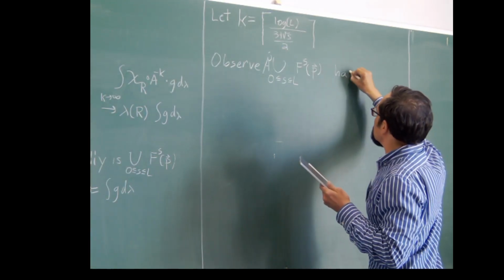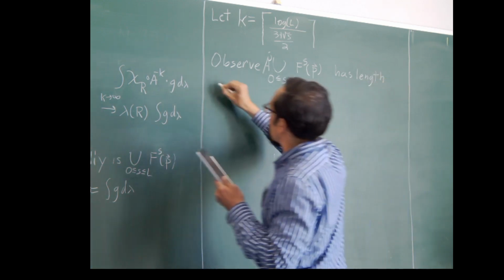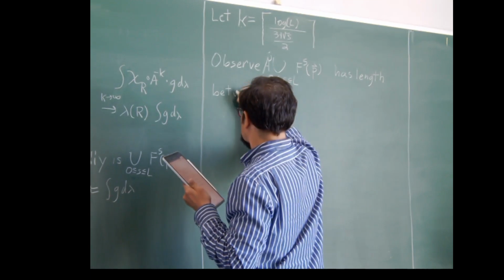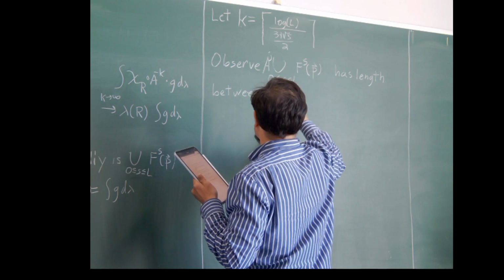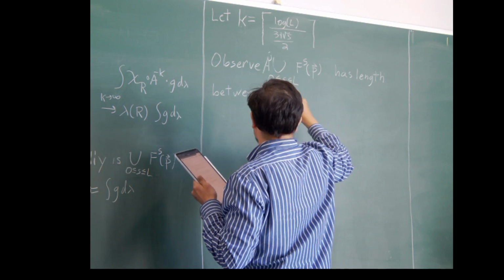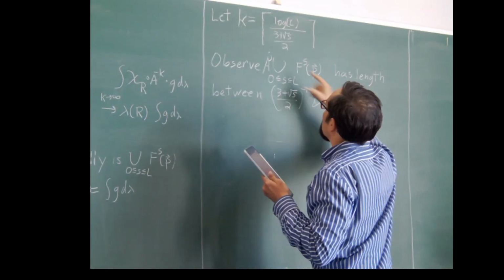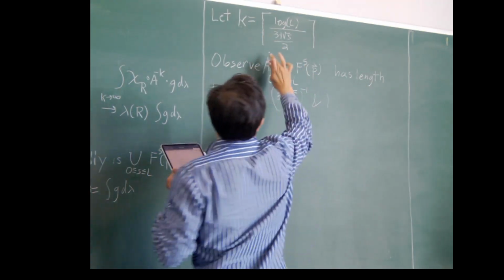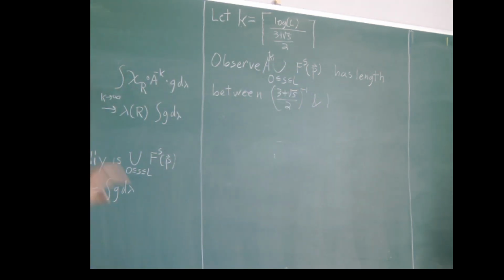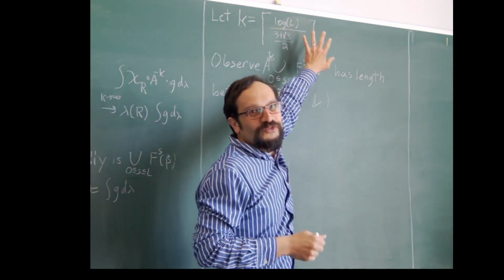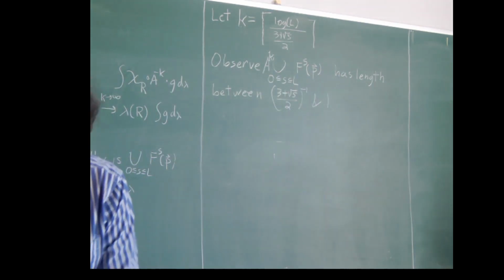It has length between ((3 plus the square root of 5)/2) inverse and 1. That's why I chose K to be what K is. Right, that's exactly the number to choose for this circumstance. Okay. All right, so now what I want to do,